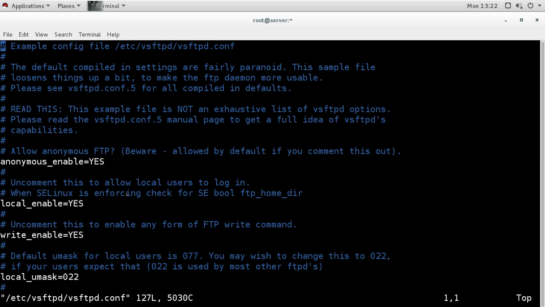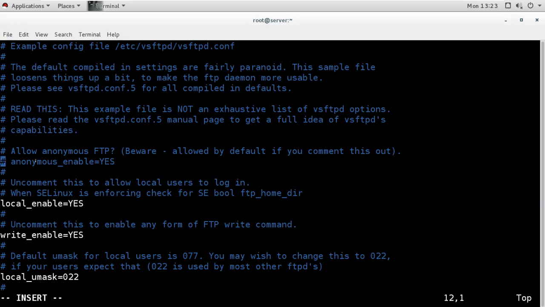Now remember, I said that in some configuration files, when you comment something, then it will not be used. But remember, every time you comment something, like suppose I comment this line, that does not mean anonymous will not be allowed. That is not true. It will apply only in default things.